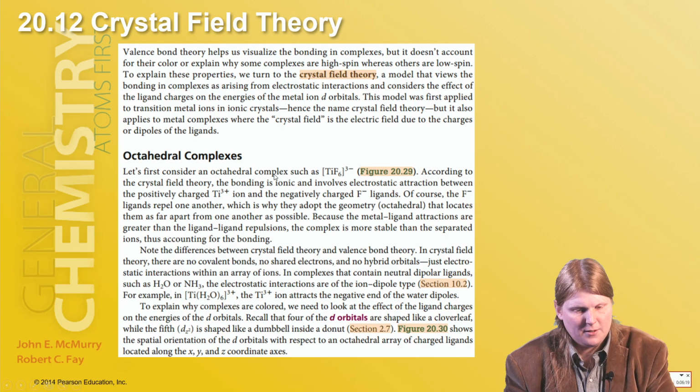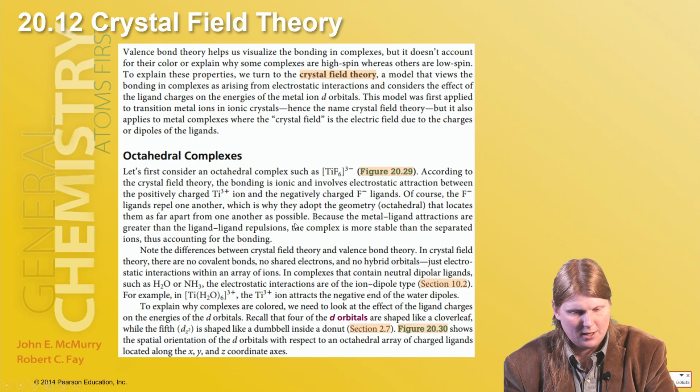So if we look at this octahedral complex, they say that according to crystal field, the bonding is ionic and involves electrostatic attraction, right? So the ligands have to repel each other, so they optimize to form an octahedral geometry, right? And the metal-ligand attraction is greater than the ligand-ligand repulsion to create a stable configuration, right? And the reason they're looking at this as more of an ionic system is that we have an overall charge, like everything is overall charged here. But we can say that in valence bond theory, we look at this as being covalent in nature and sharing, whereas in crystal field, we typically are looking at